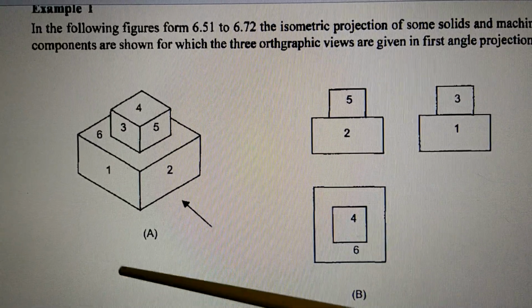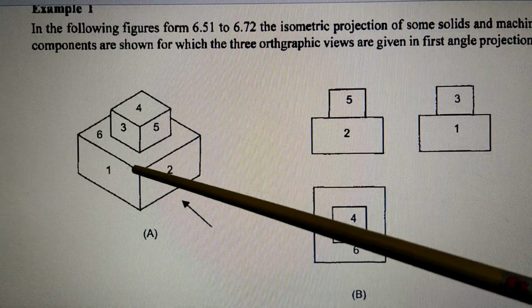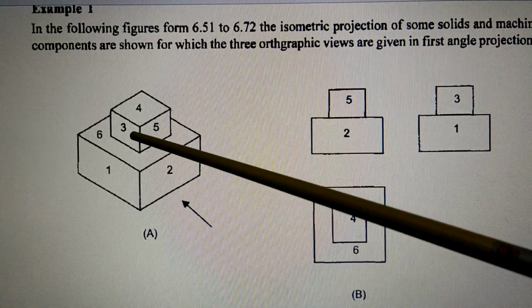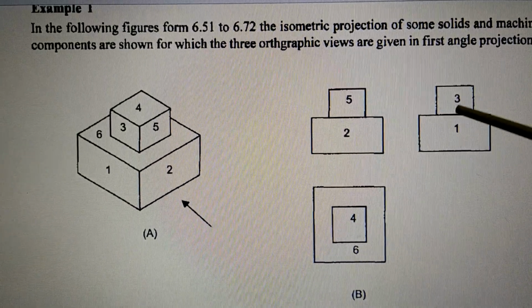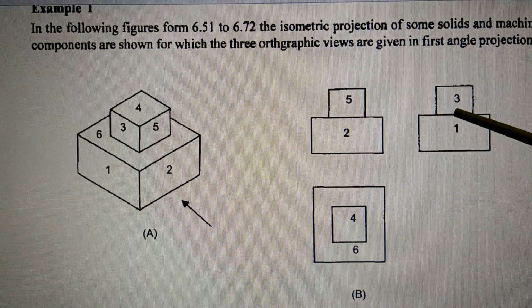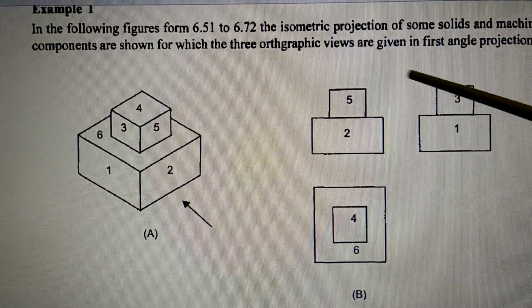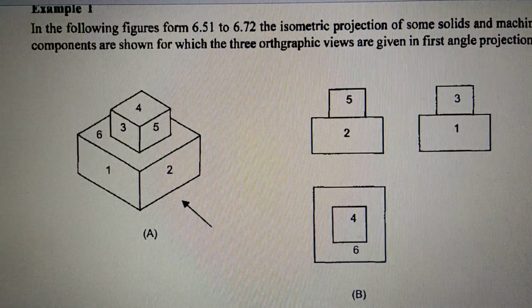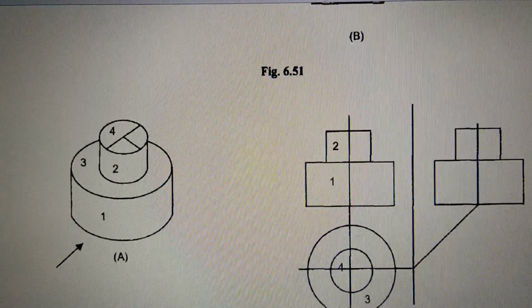And after that, when you see from the left hand side, you will see 1. And above 1 you will see 3. So you can see there is 1 here and there is 3 here. Okay, so simple to understand. If there are dimensions, this becomes very easy to understand. Now let's take the next figure.